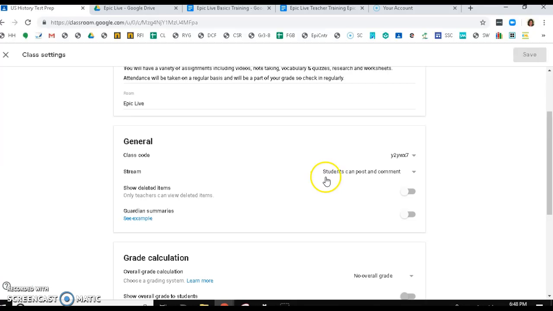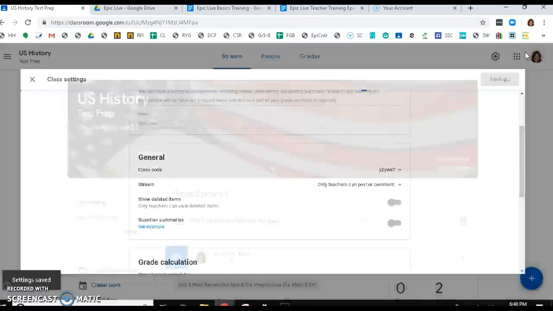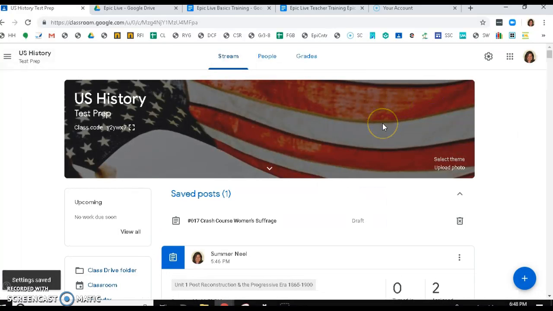Right now it's currently set at students can post and comment, and best practice is for only teachers can post or comment. You also have the ability to turn on students can only comment, but for Epic Live Google Classrooms, it's been deemed that only teachers can post or comment is your best practice. So once you click on that, you can click Save, and then you're all set to get started in your